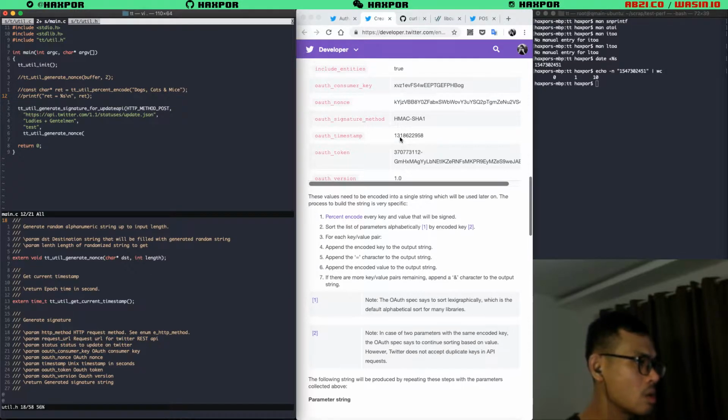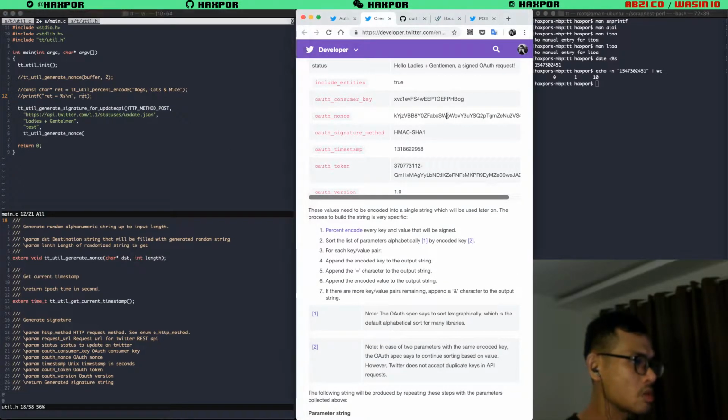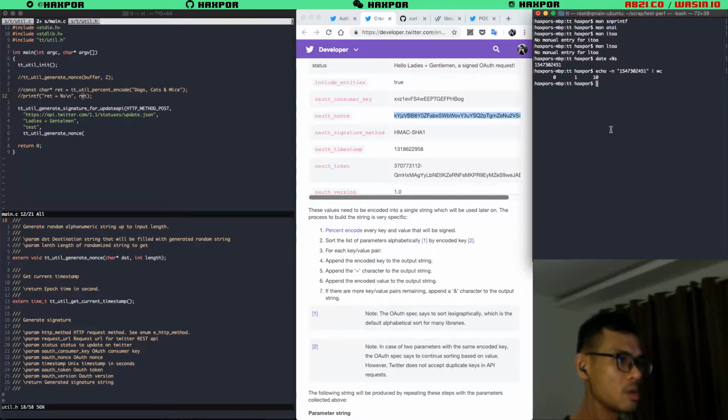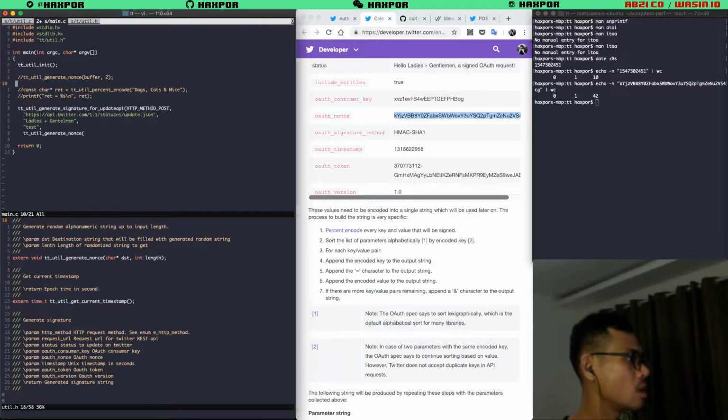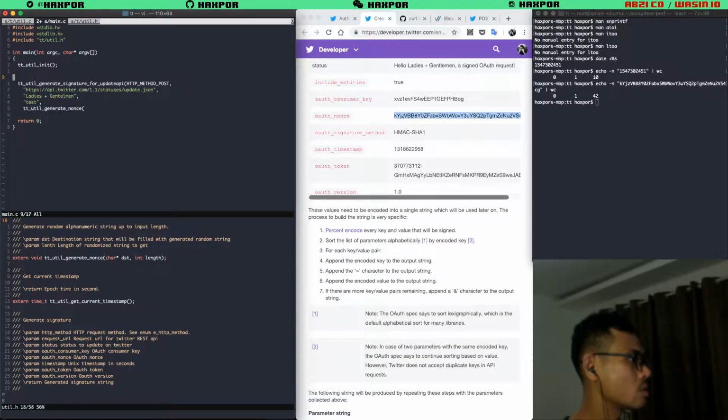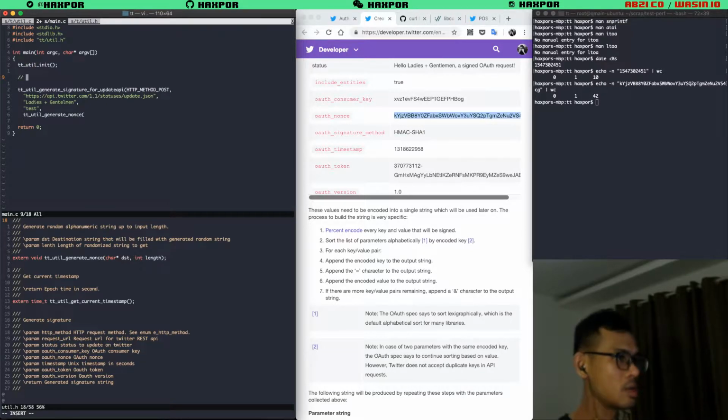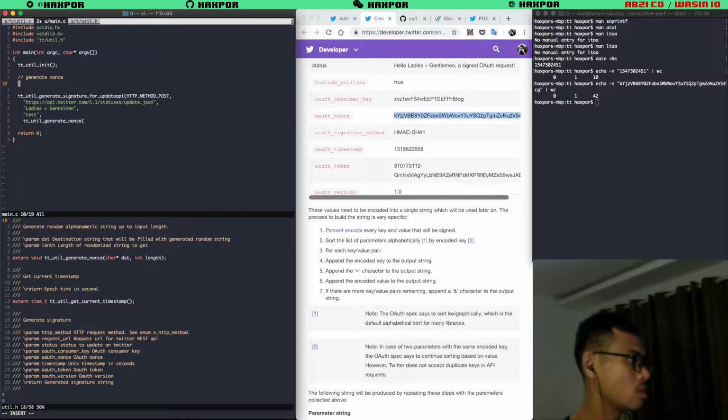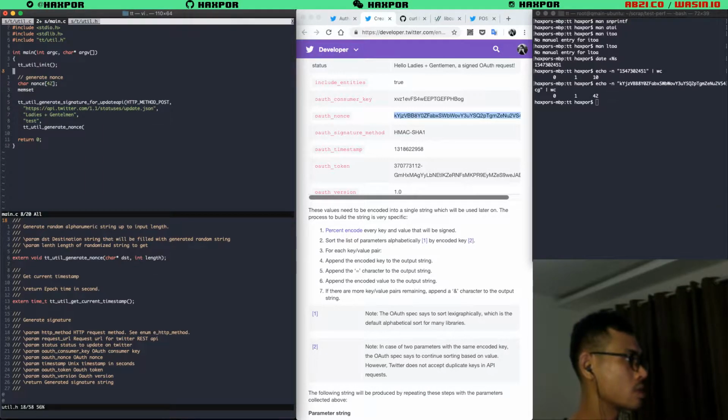Okay. So how long of a noise do we need to generate here? Let's check the length. 42 characters. I'm going to delete this too. And generate noise, 42 characters. That's that.